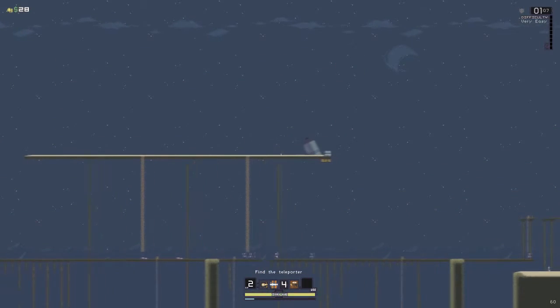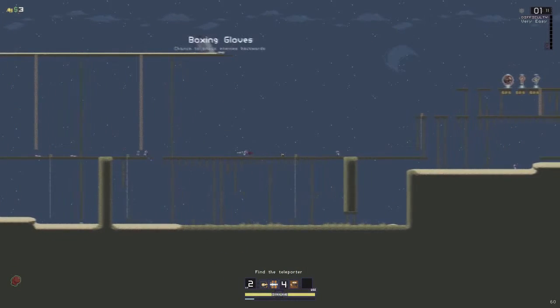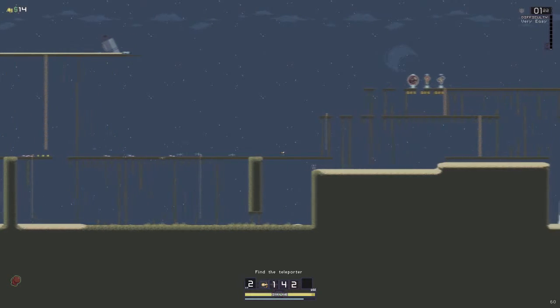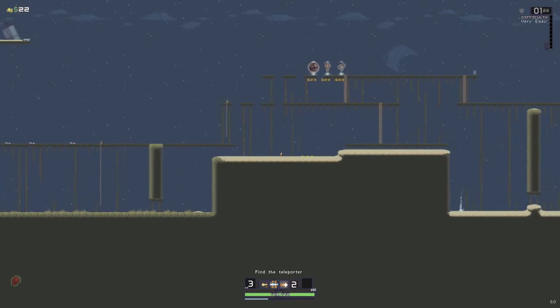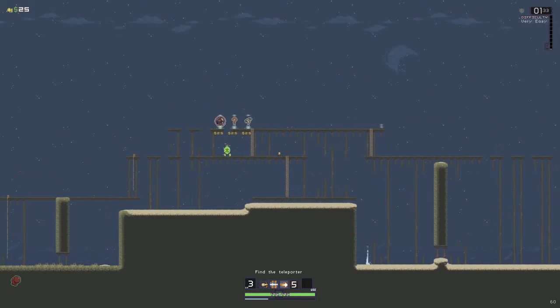We've got enough. Let's open this and see what we get. Knockback. It's actually a pretty decent item to get. It helps with crowd control, which is something I lacked in the first attempt. Now we've got a mini shop thing. We've got two items that we know we have. They're both decent items, but I can't help...